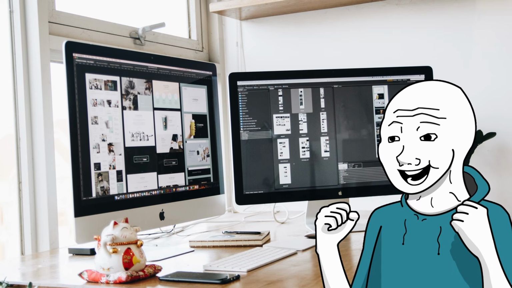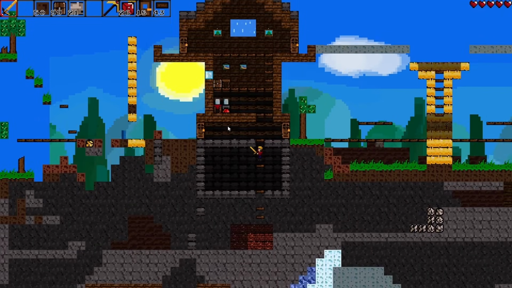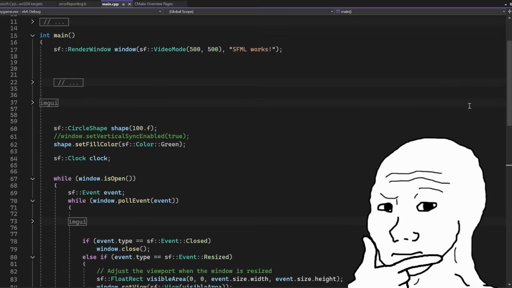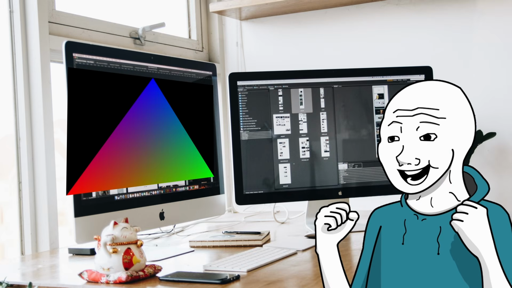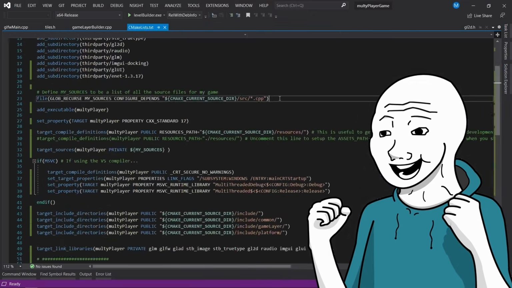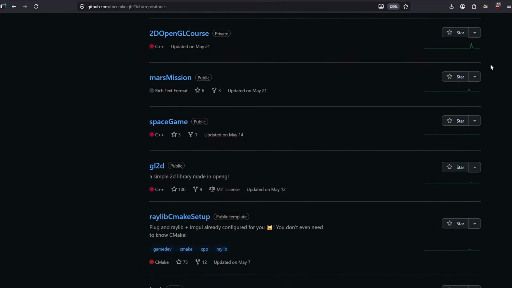It all started 5 years ago, when I was an intermediate C++ game developer, and I used to make my 2D games using SFML. Now, I didn't particularly like SFML, and besides, I wanted to make my own things rather than use other libraries. So I decided to make my own 2D library instead. I already knew OpenGL, so I started working. And this is how GL2D was born,